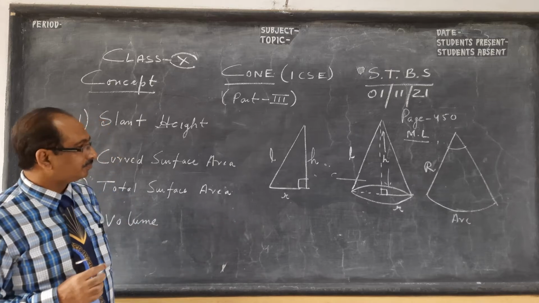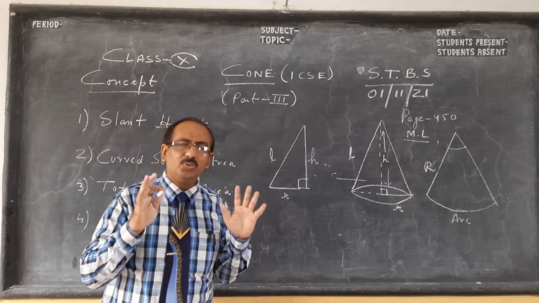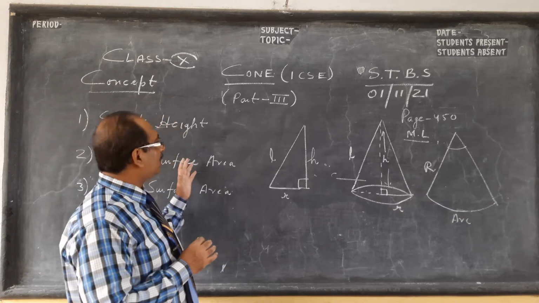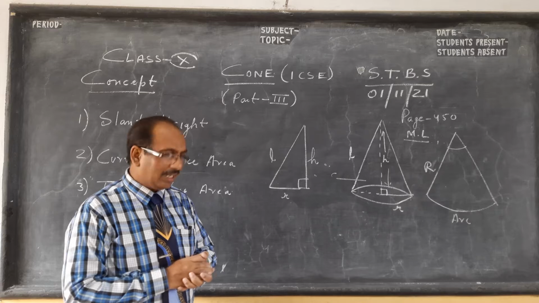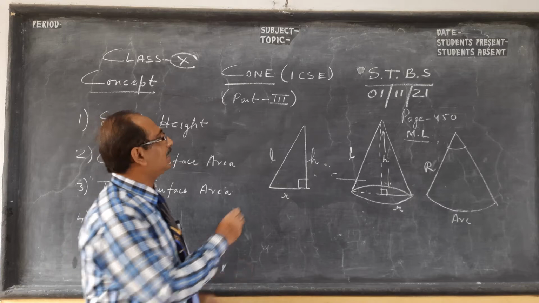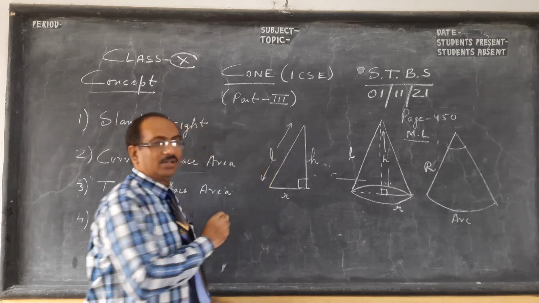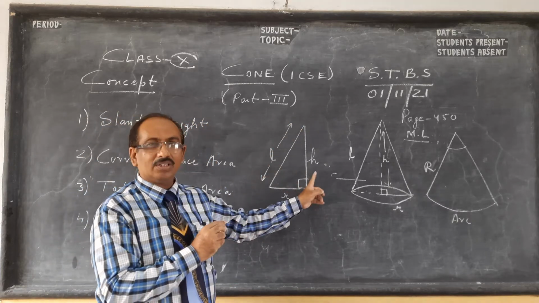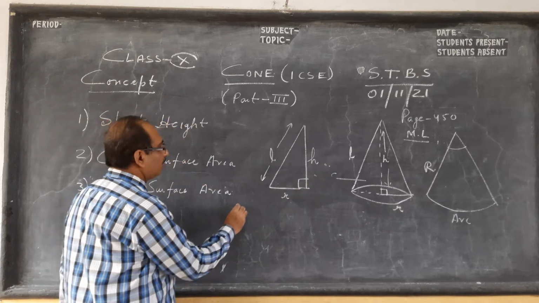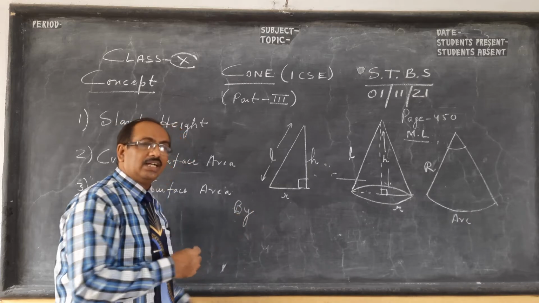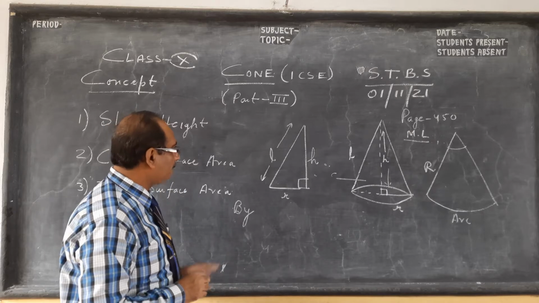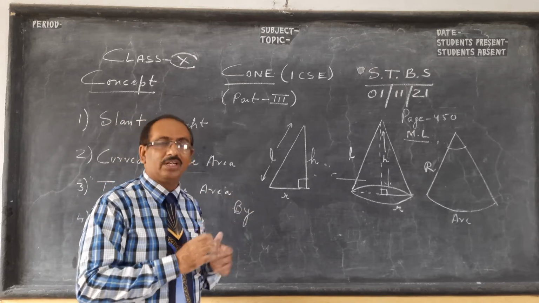Now see here, the first thing is how to get it, and when you do sums, children, you need all this concept. I could have started with sums, but I'll do the sums after giving you the concept. So remember, this is the slant height. If you see Pythagoras theorem, slant height in terms of h and r, what we get by Pythagoras theorem, you can understand and later copy, but you need to copy and practice, children. First I'll give you the concept, a few questions, then see the solved examples of the book.